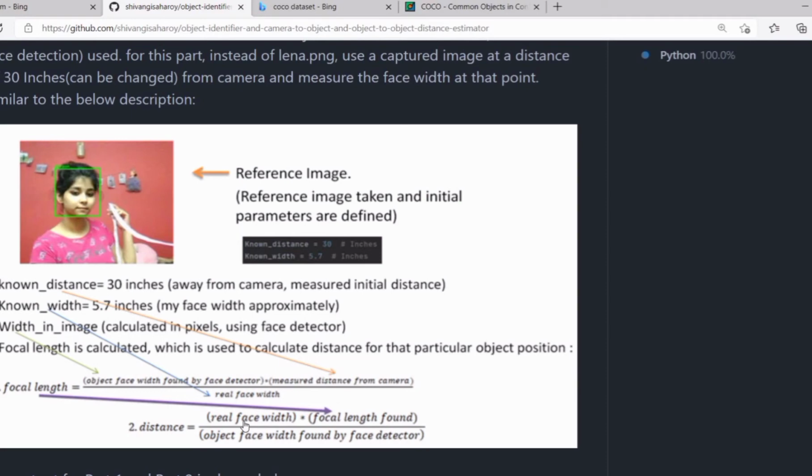So simply we can say that this reference image is the initial image, or the position of the object for which the initial two parameters were defined, and all the other parameters were calculated. When we move from that position, all the parameters get recalculated. Maybe we move a bit away from the camera, our distance will increase, and our face width will become smaller. Various other parameters in the focal length module, the face detector module, or the distance measuring module, will all be re-evaluated in parallel inside the while loop. So this is the working theory of our second part.